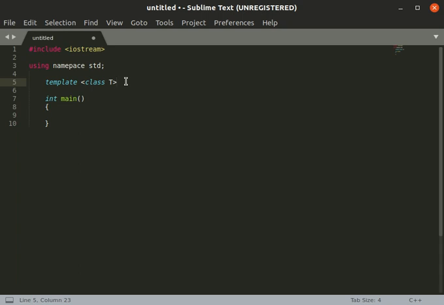After that, we have given T here. This will be a generic data type. Now we will make a function sum with T, and this sum will receive two variables from the main.